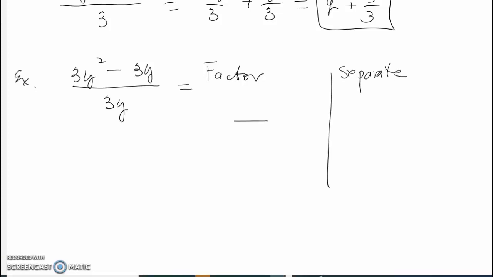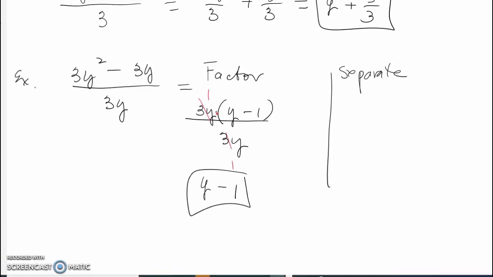So in the first case, I can factor the numerator. I'm going to factor out a 3y, and I'm left with y minus 1 over 3y. All right, when you have products, you can cancel. So I'm going to cancel here, and my final answer will be y minus 1. All right, now let's do it by separating to see if we get the same answer. So we get 3y squared over 3y minus 3y over